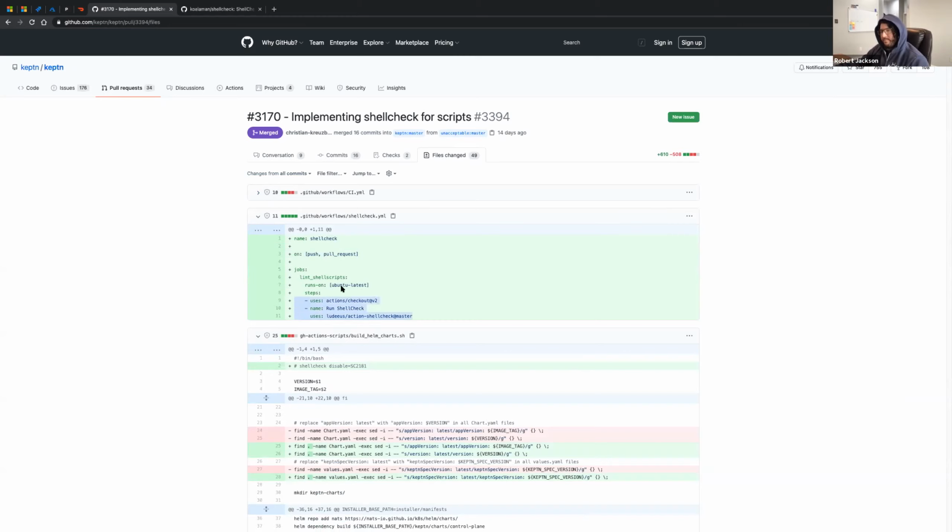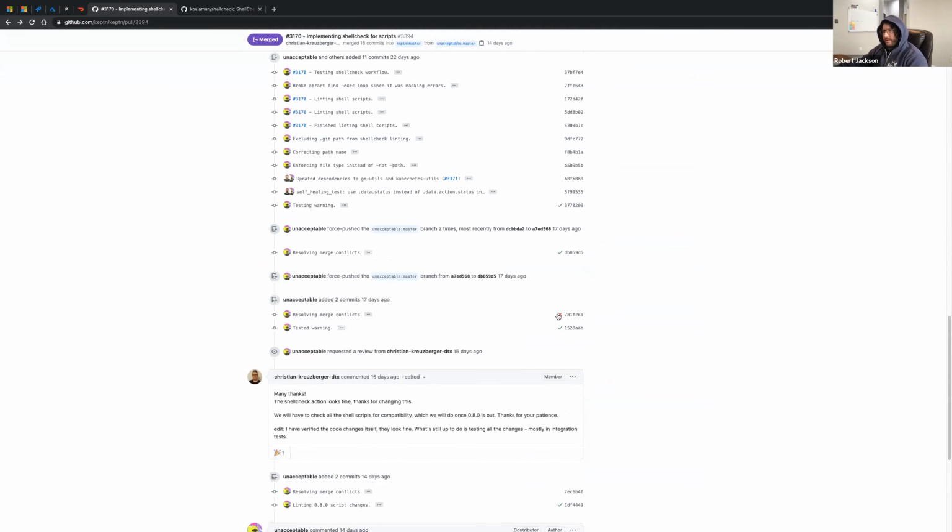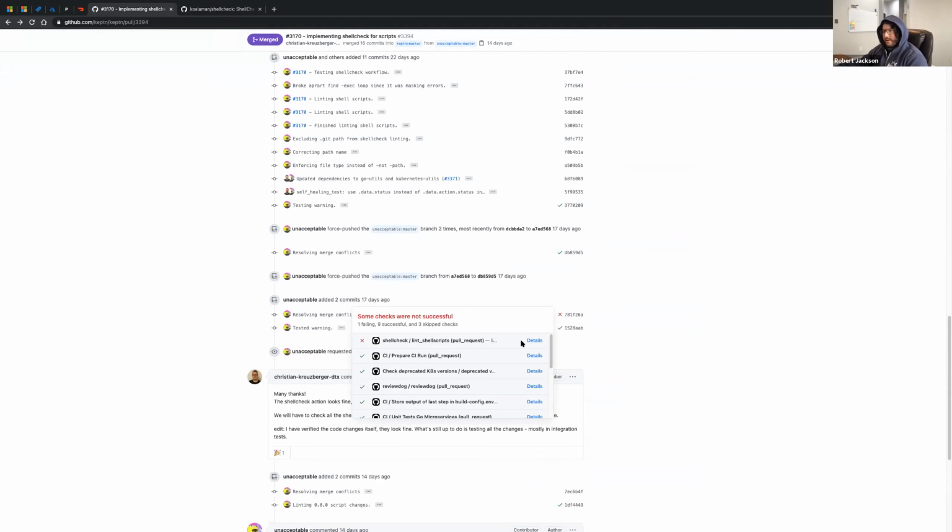Basically, it's pretty simple to define. It'll work on push or pull requests. So if somebody pushes to their fork, they'll still get the check here, and basically it checks the syntax. So let me actually show you a failure for it real quick. I was doing some testing here.